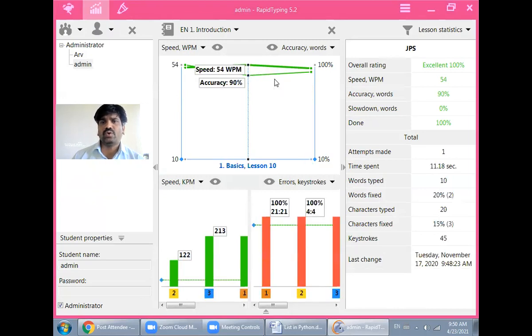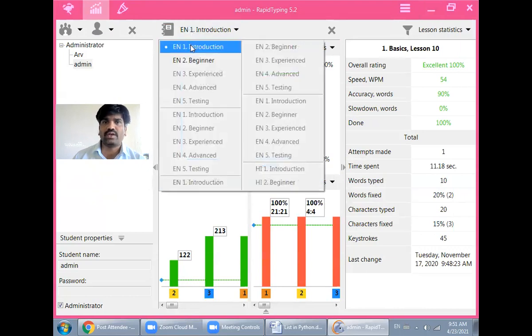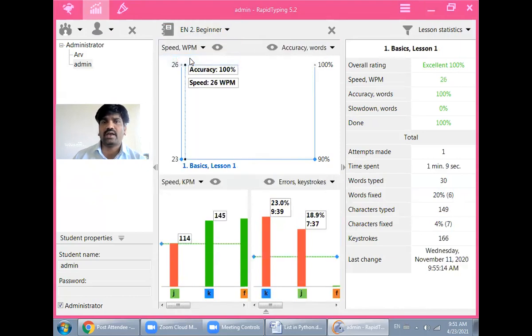This will show you the result in different aspects and manners. That will show you the speed per minute, accuracy, words per minute, errors, all the errors that you generated. And also it will show you the result for earlier lessons.